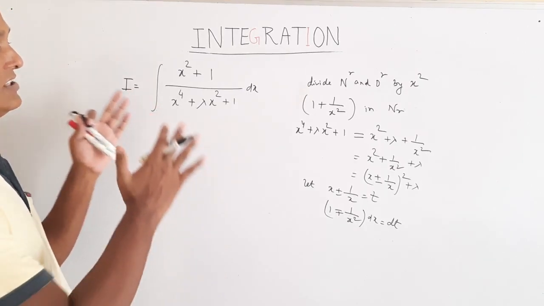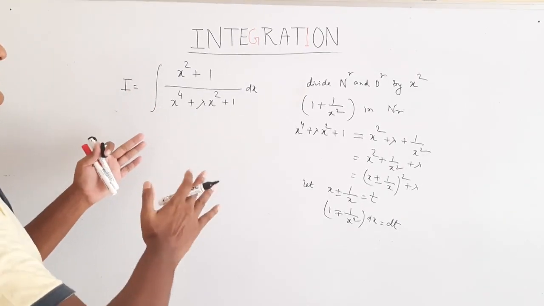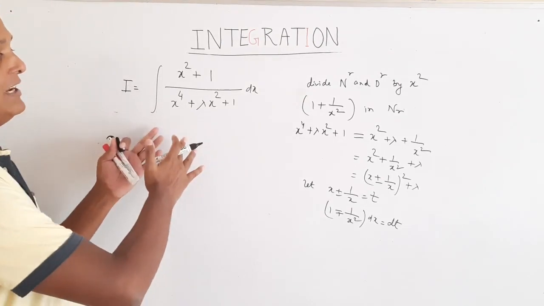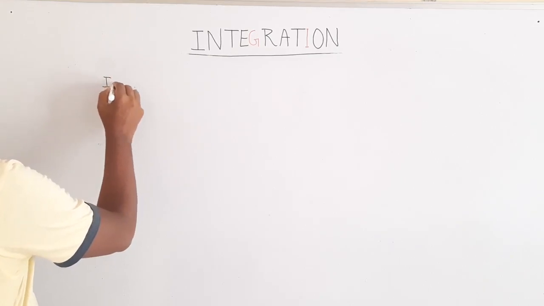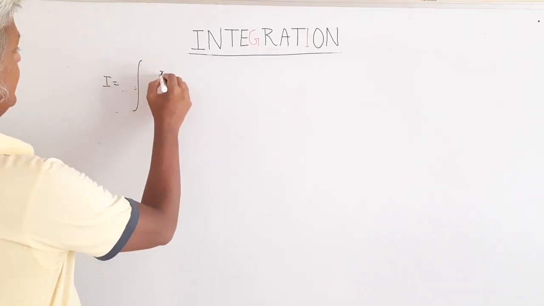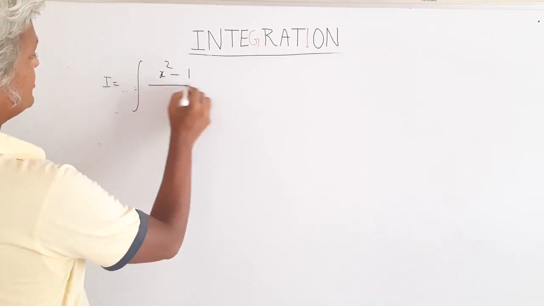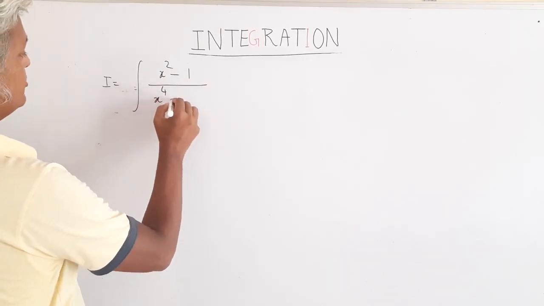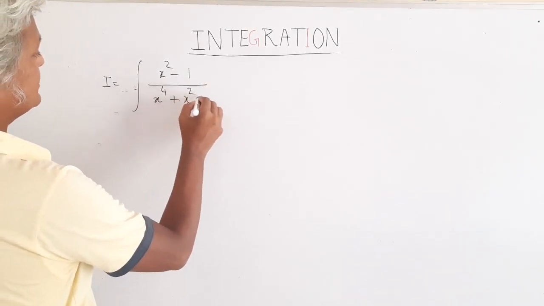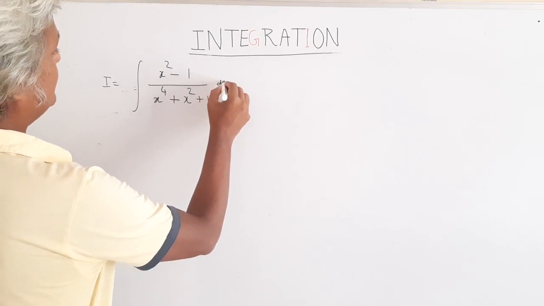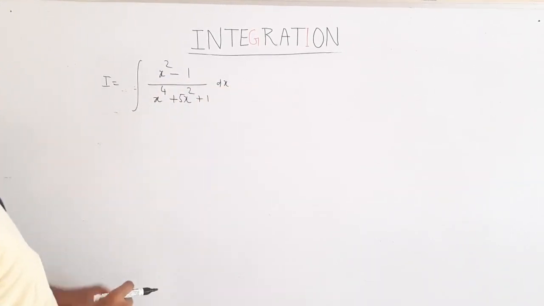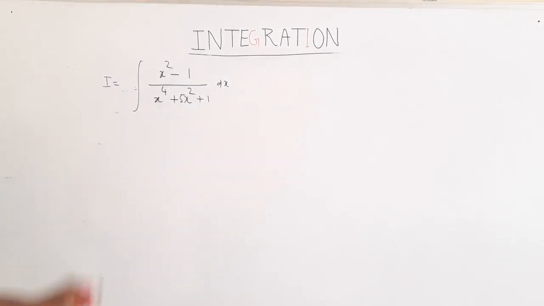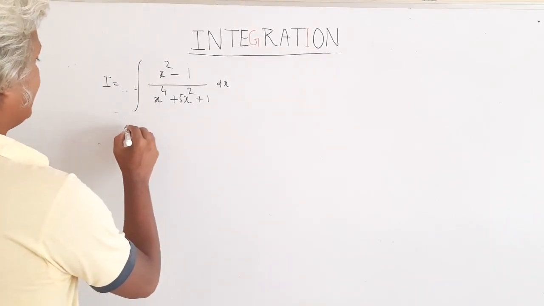So now I will take a suitable example and then integrate fully to explain how this whole thing works. So now I have the integral I equals x square minus 1 over x to the power 4 plus x square plus 1 dx. You can write 5x square here also, because this is lambda x square. Now it's fine. So now what I do is